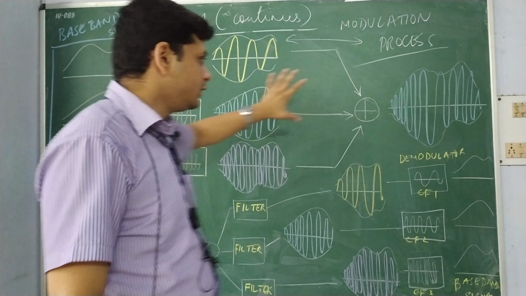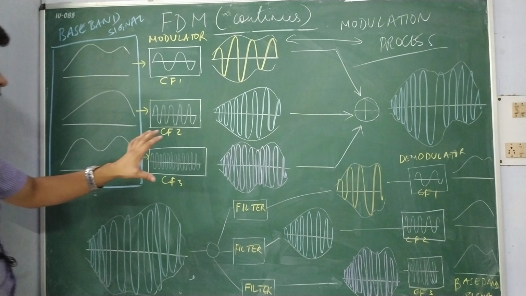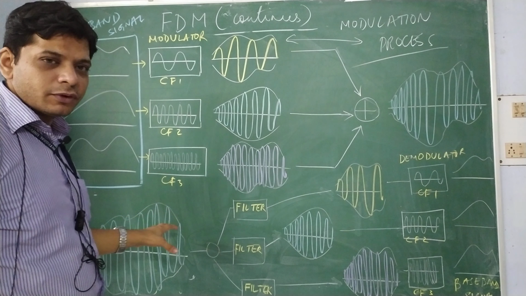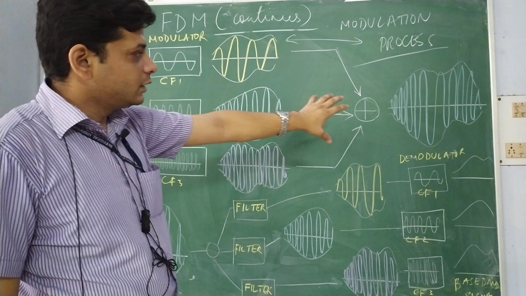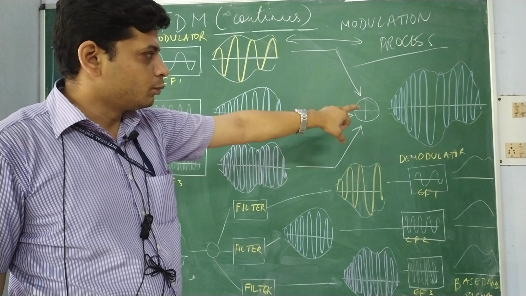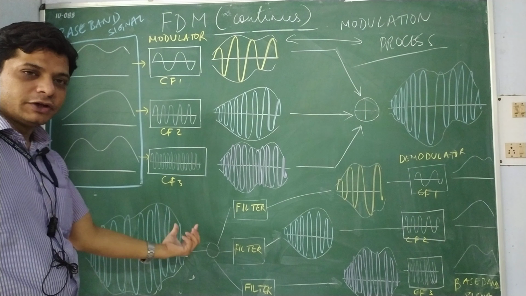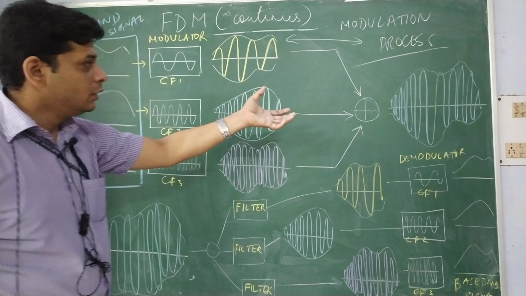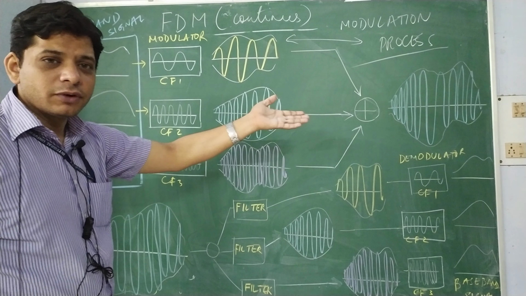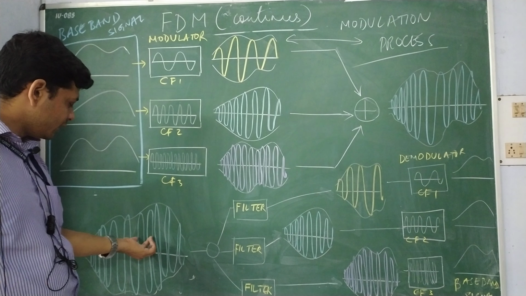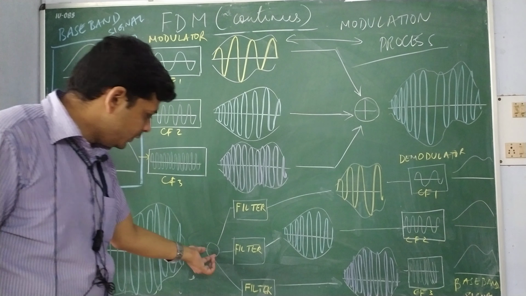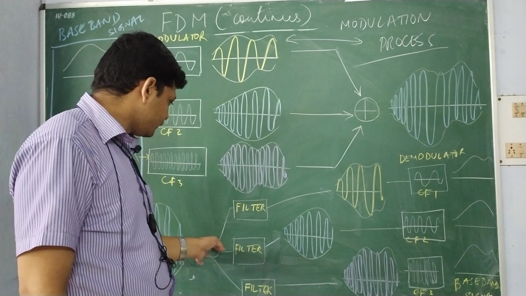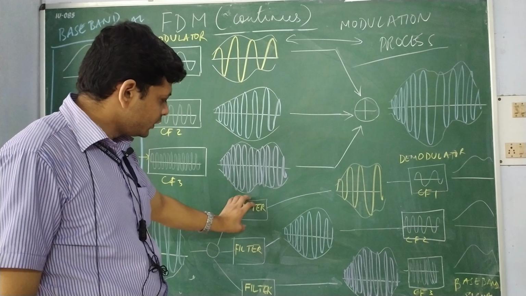The modulation process is there. Now, what is the demodulation process? We are using that single output as an input to the demodulation. So, this is the same output which we got in the modulation process, right. That signal is here. We will be bifurcating this signal and we will be using filters.